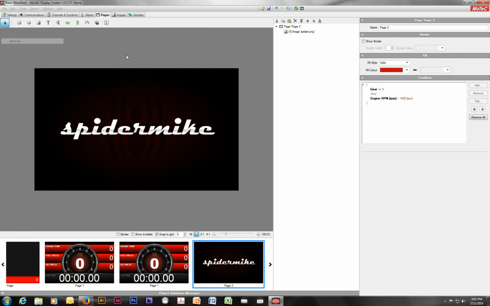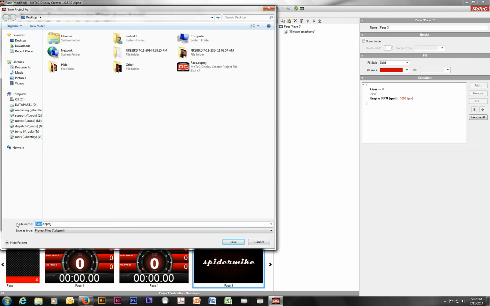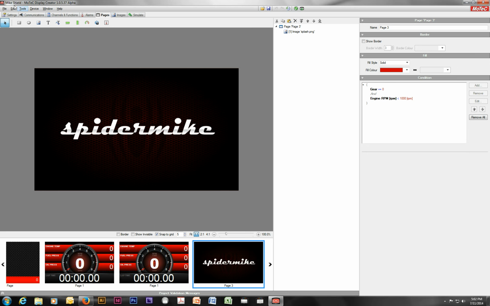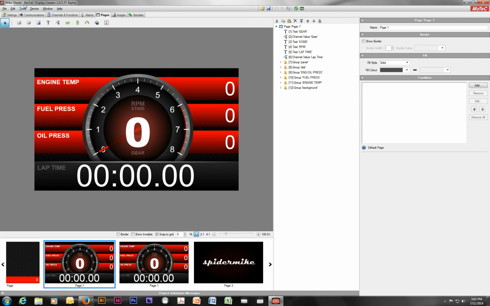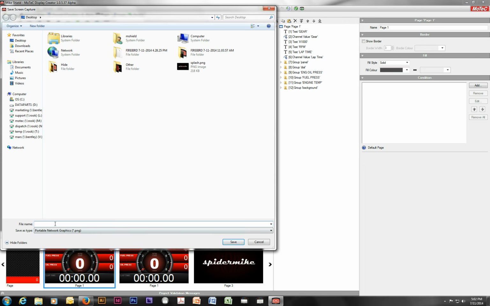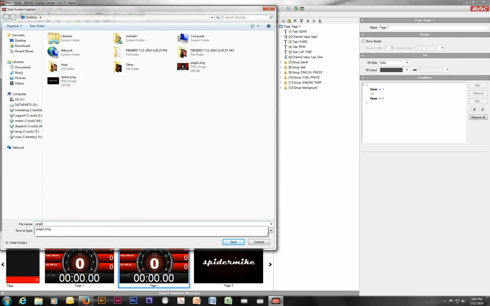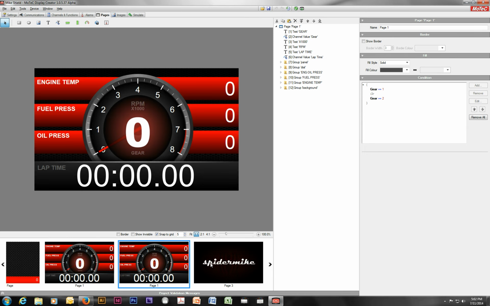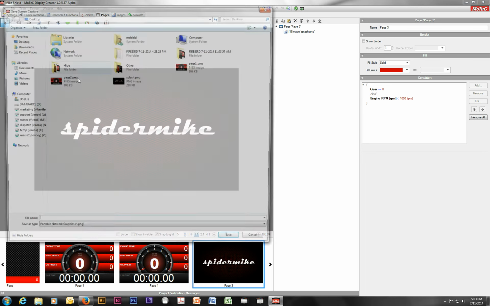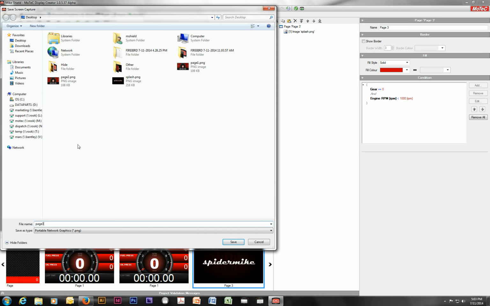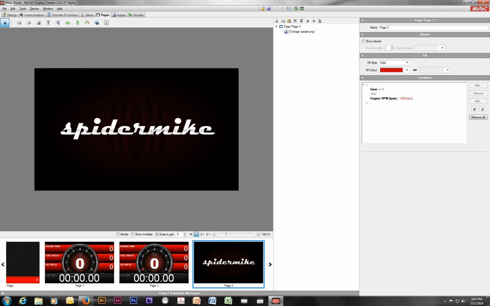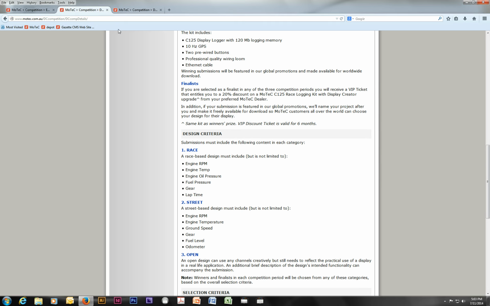Now File, Save As, MoTeC Shield project. Then I do this. First page, Tools, Create Snapshot, page 1. Tools, Create Snapshot, page 2. Third page, Tools, Create Snapshot, page 3. Now there, I've basically done my file, so I can turn that off, go back to my web browser,